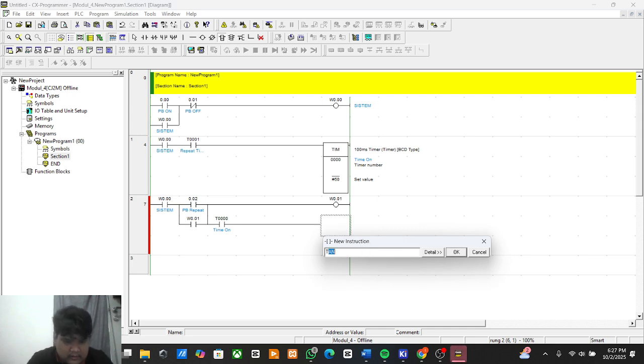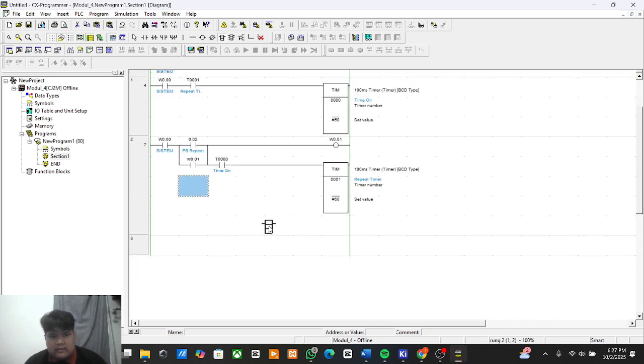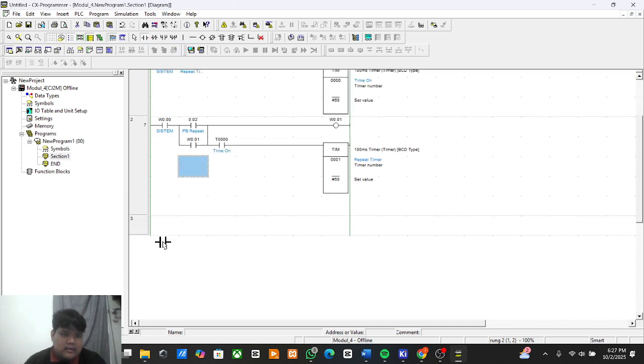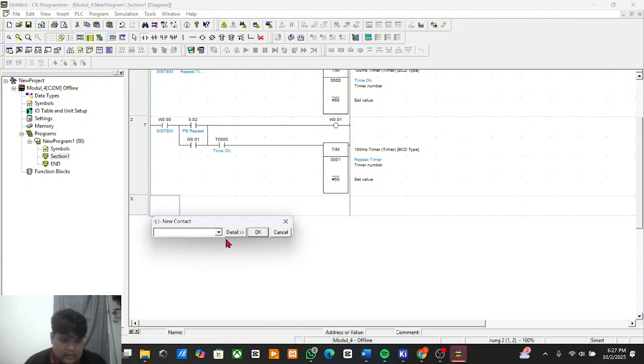This is the timer, the address is 0001, then #50. This is for the repeat timer. The third circuit has been made.